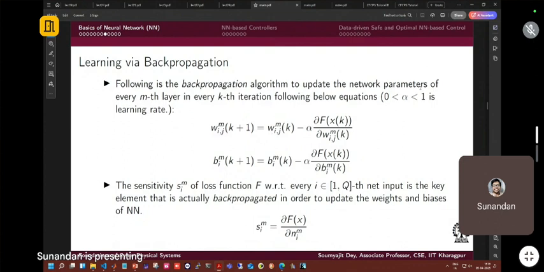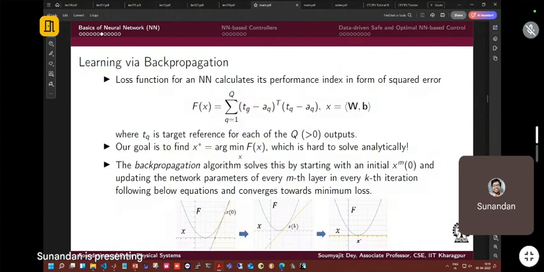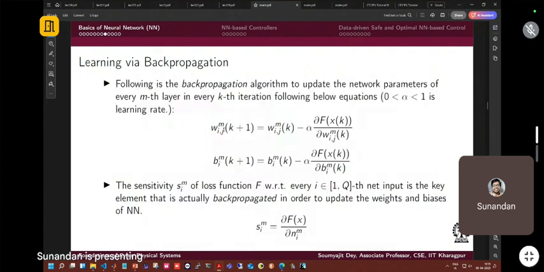The backpropagation algorithm establishes the network parameters of every mth layer in every kth iteration. The kth iteration is basically the kth iteration of backpropagation. Every time I compare the current output of the neural network with the target reference, that is one iteration. For each iteration, this is how I update the weights that I will use in the next iteration. So this is the last weight from the last iteration, and this is what we are